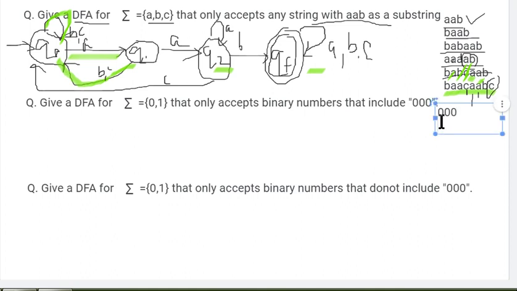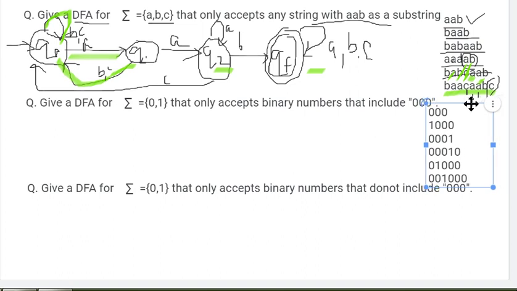So first we need to prepare the test set. Let it be triple zero. Then next it can be 1 0 0 0. Okay, it can be 0 0 0 1. And then my test can be 0 0 0 1 0. And then it can be 0 1 0 0 0, right? And then it can be 0 0 1 0 0 0, anything which is ending with 0, right? So these can be my test sets. Okay, so let's start our making. First thing is I need to make the initial state.